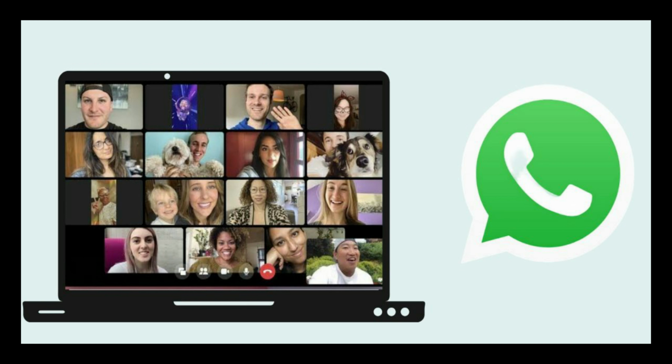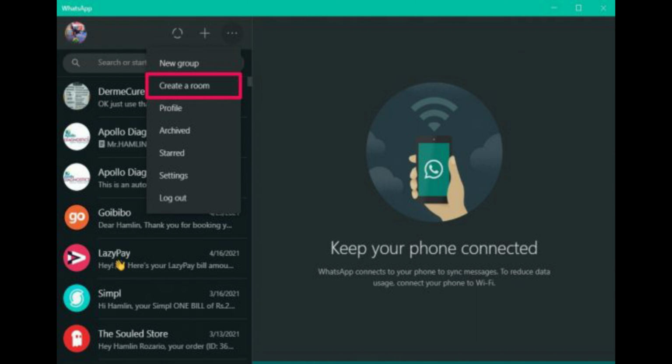Once you have set up WhatsApp Desktop, you can start creating a group. To do this, click on the New Group button on the left-hand side of the screen. You will then be prompted to enter a group name and add members to the group. You can add members by typing their name or phone number in the search bar, or by selecting them from your contact list. Once you have added all the members you want, click on the Create button to create the group. The group will then appear on the left-hand side of the screen, and you can click on it to